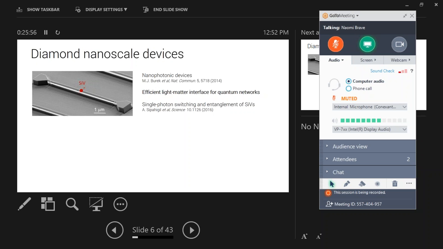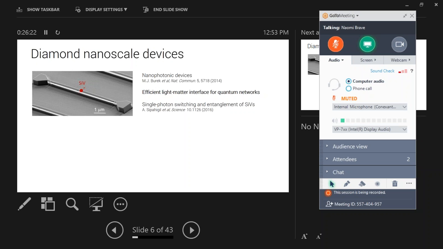So if you saw on the first slide, to basically take quantum information in that red box and put it onto that arrow efficiently, you need an efficient light-matter interface. And recently, with these kinds of nanophotonic structures, we were able to show single photon switching and entangle two silicon vacancies. That was up on Science, I think, about last week or so. So in contrast, this is most of our work, but what I work on and what's the topic of